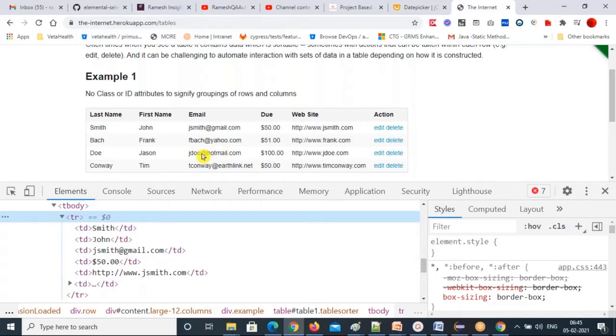If you want to get a cell's text, you construct an XPath. That will help you. You parameterize the XPath, don't hard code it, and it will help you get whatever cell address text you want. So this is another very easy one, try it out. If not, let me know, I'll explain the code.